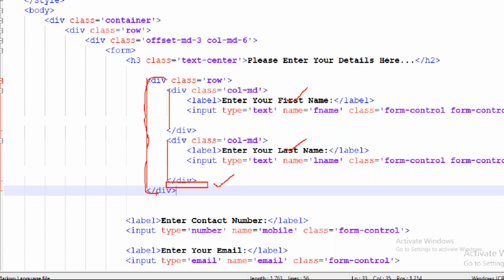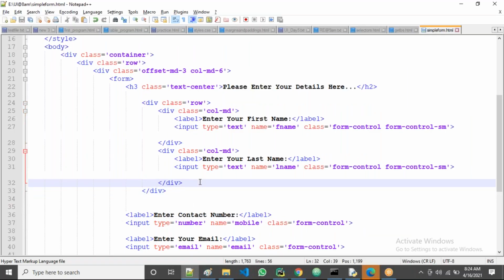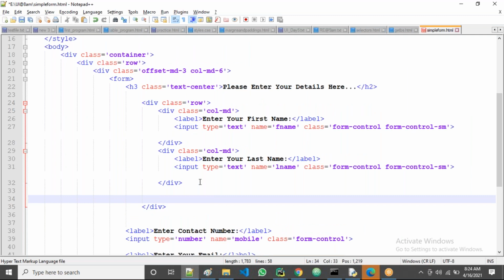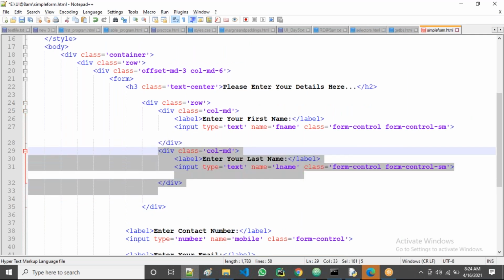I don't specify the number of columns. In that case, what will happen? For example, guys, I'll take this one. Observe now. I just copy and paste, guys. I'm going to take one more here, copy and paste here.